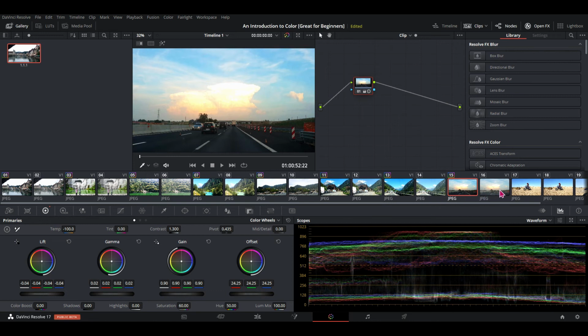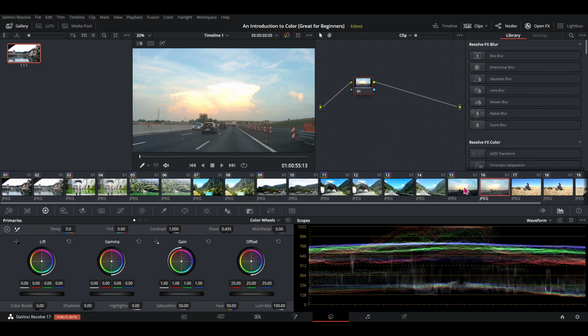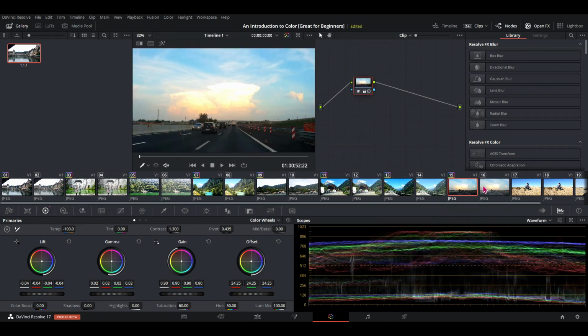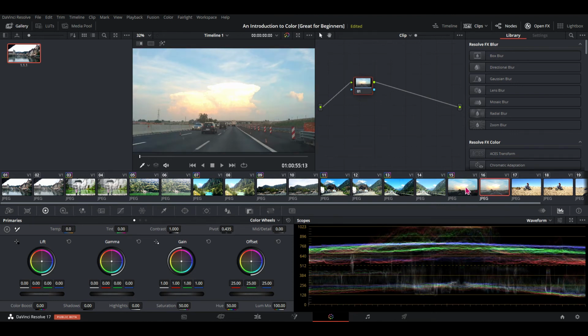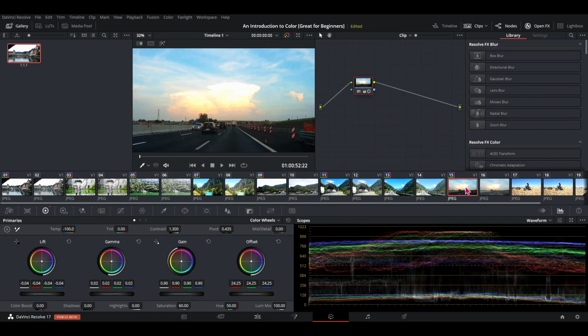Let's look at a comparison. Yep. So look at the street. I don't know, I wasn't there, but I personally think this looks more like what it may have looked like when the picture was taken. Or the video, rather. In fact, you can even go a little bit more